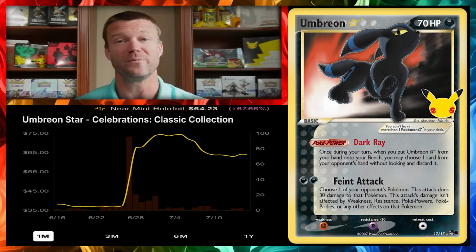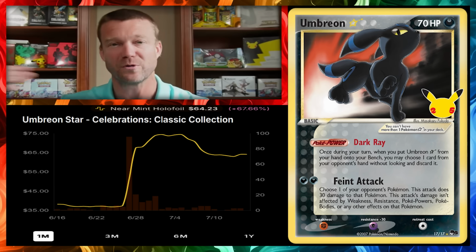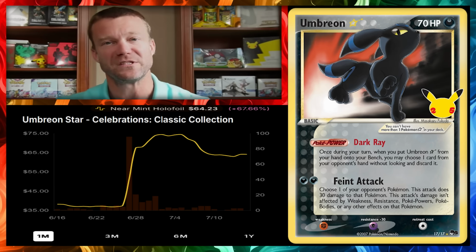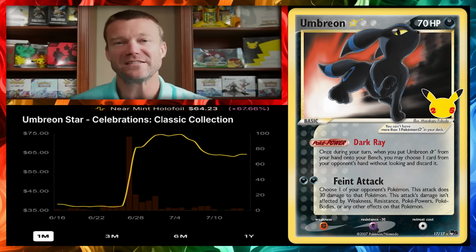I have some product from it. I got the Ultra Premium Collection. I have some Pokemon Center exclusive Elite Trainer Boxes. I've got some Celebrations product, but it is not something that I went super heavy in outside of those 2 specific products. So again, everybody's in a bit of an evolution mania, so not surprised to see